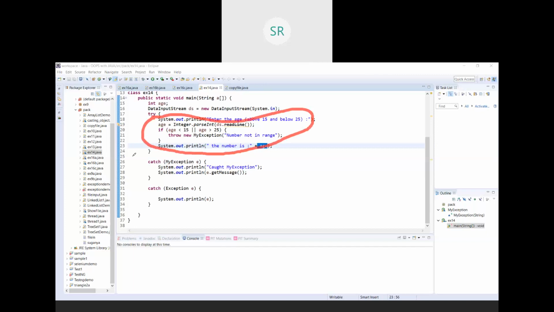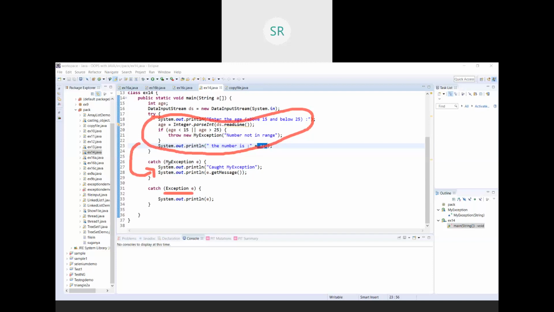That will be thrown to the catch block. And here my exception is the subclass of the exception. Always, exception is the superclass. In the last program itself we have discussed the superclass exception should come at the last catch block. If we are giving it in the middle or first, then the compiler, oh sorry, then we will get the error.